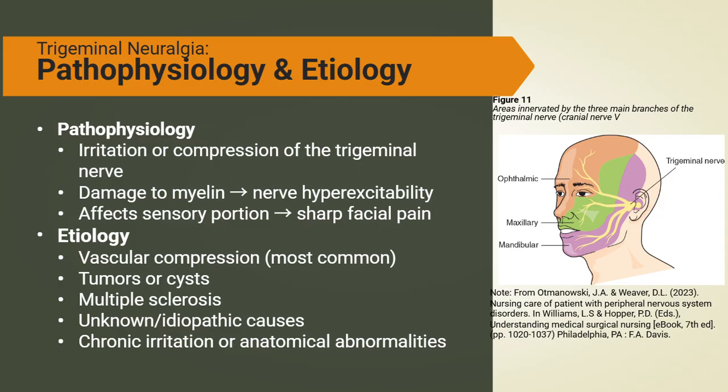Etiology, or causes of trigeminal neuralgia, can include chronic pressure from blood vessels, tumors, cysts, or structural abnormalities, but the majority of cases are caused by idiopathic vascular compression, meaning the exact cause is unknown but believed to be related to age-related changes. Some cases are linked to conditions that damage myelin, such as multiple sclerosis. Irritation or chronic compression results in unpredictable, intense pain episodes that often interfere with speaking, eating, and daily activities. The condition is most common in women and typically begins after age 50.